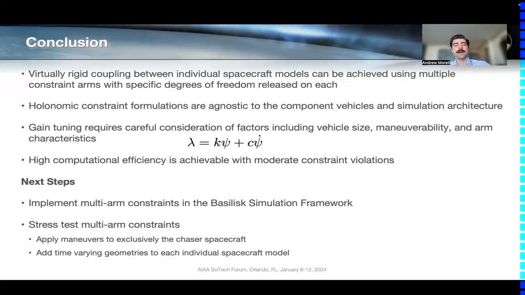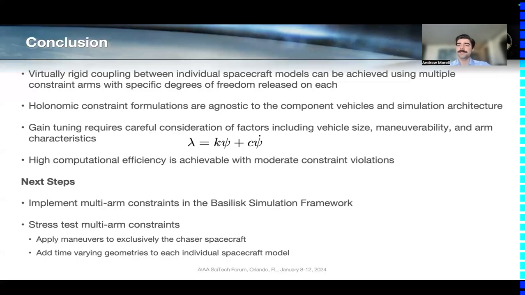And then lastly, this can achieve very high computational efficiency, the greater constraint violations you're willing to accept. However, once you step down to extremely small constraint violations in very dynamic situations, you may run into slightly higher simulation times. Next steps for this work: all the previous work shown in this presentation is results shown from that lab,